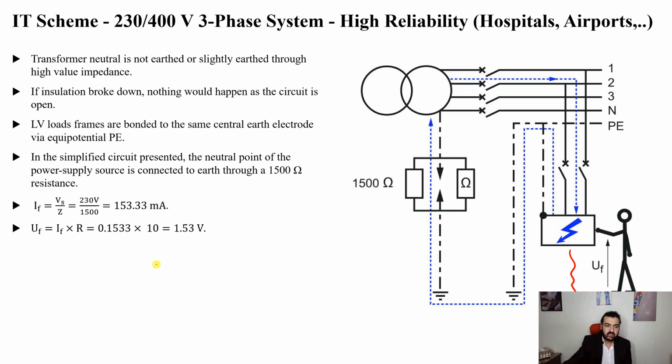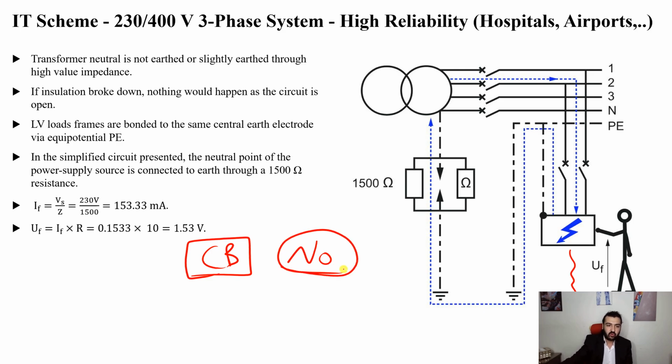Great. Will our circuit breaker operate? No. Why? Because the fault current is very small, as you can see, and the circuit breaker will not detect this type of fault. So if we would like to disconnect our circuit or protect our equipment, how can we do this? We can do this by using an RCD